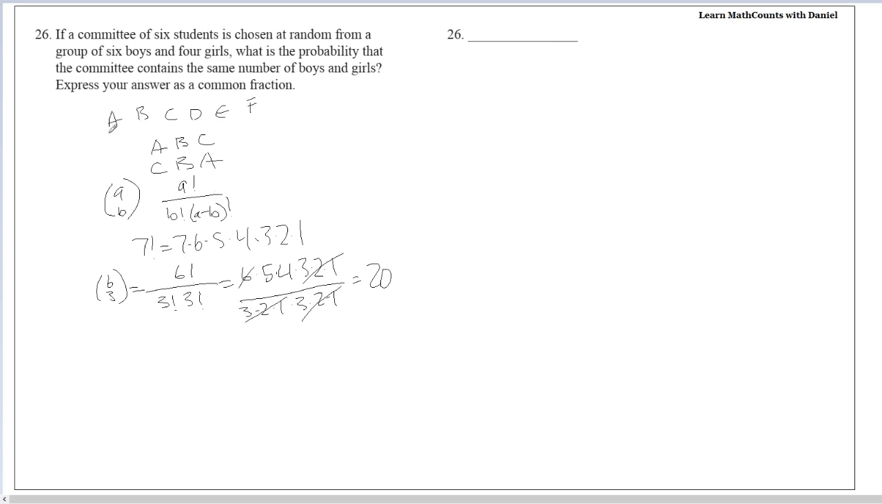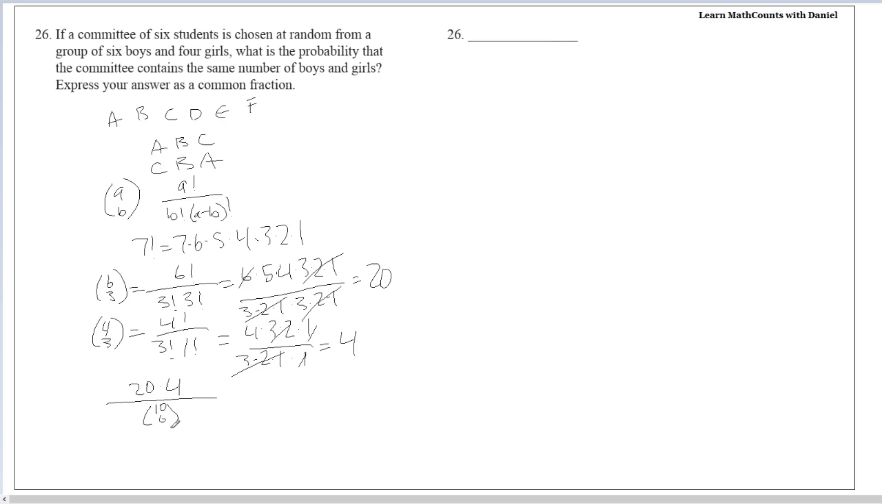Alright, so next we want 3 girls out of the 4, so now we do 4 choose 3, which is 4 factorial over 3 factorial times 1 factorial. So if we expand, we get this over this. So obviously 1s just don't matter. Then these cancel, so we get that this is 4. So the total number of outcomes that work is 20 times 4, over the total number of outcomes, which is